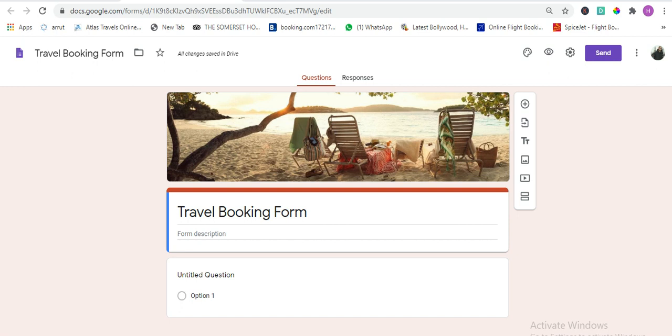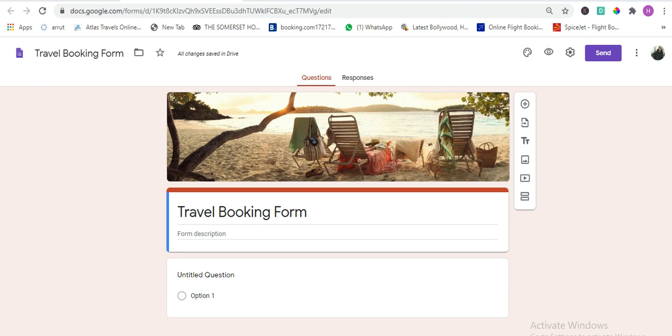I'm directly going to jump into the advanced level, and in this level we are going to see section-based Google Forms, that is, Google Forms which are based on if and then. That is, if you put in certain details, then a certain section opens up. Each answer from your customer, your students or your team members will lead them to a particular section in this Google form. So this is very handy if you have multiple products to sell, or if you want to ask different types of questions to your students or to your team members.